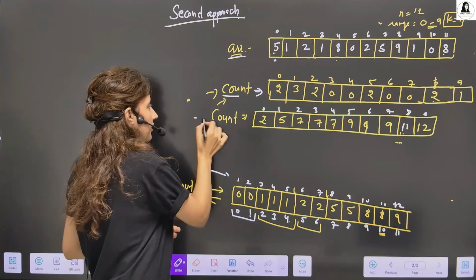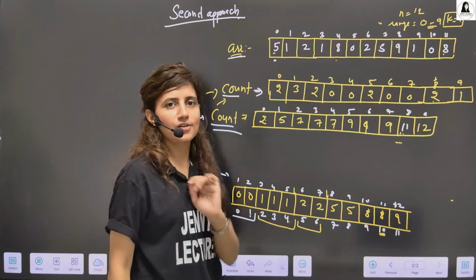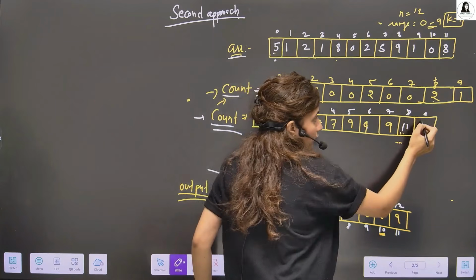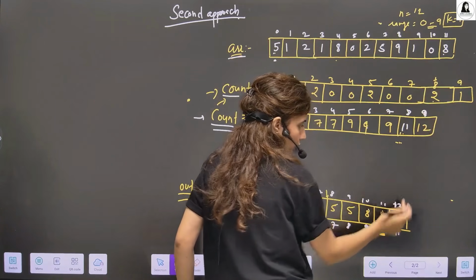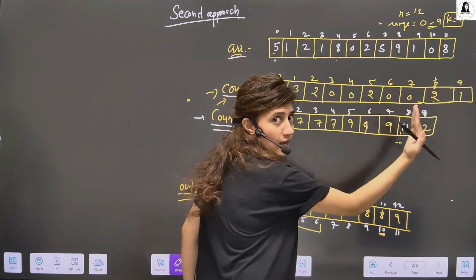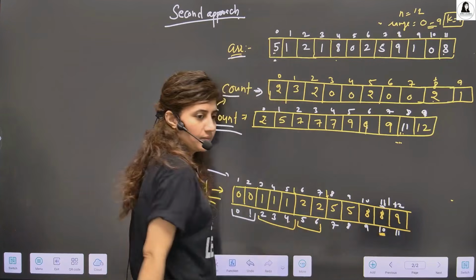Now you get this updated count array, which will give you the position as well. Now you can easily fill. Okay. You can check the position. For element 9, the last position is 12. And that's exactly the position, 12 for 9. For 8, the last position is 11. Position is 11.